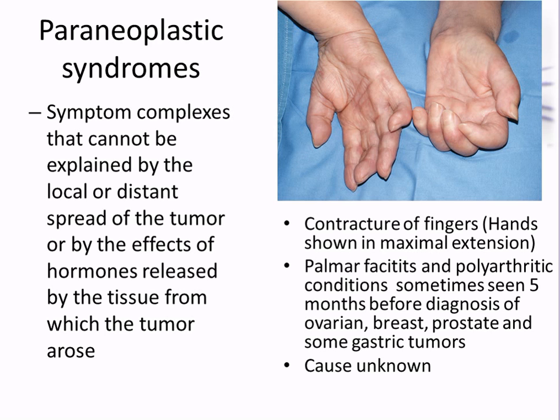Like, for instance, I'm trying to think of a good example, well, anemia. Anemia could be a symptom, which technically is a paraneoplastic syndrome. A part of the paraneoplastic syndrome. Okay. And then, like I have up here, they're not explained by the cancer directly. There's something else that's going on. And so this is kind of interesting.